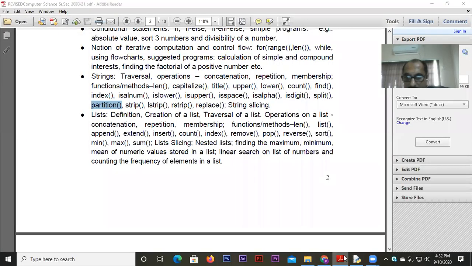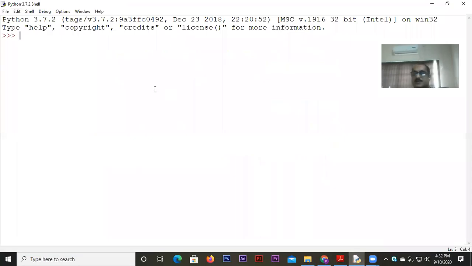For example, I don't think I have told you this particular function, partition. Although I will go through all of them just briefly so that you can quickly remember what it was like. I will just share my screen with you meanwhile. Just have a look at the partition function which I was showing you.